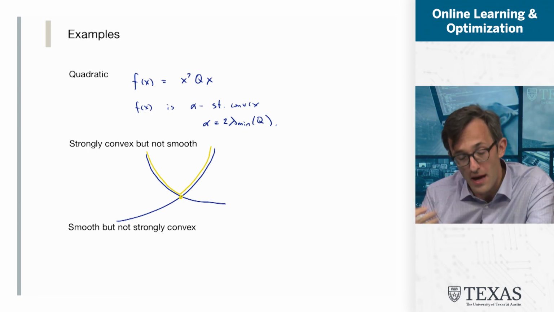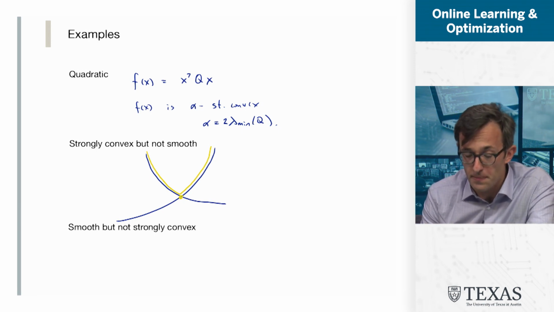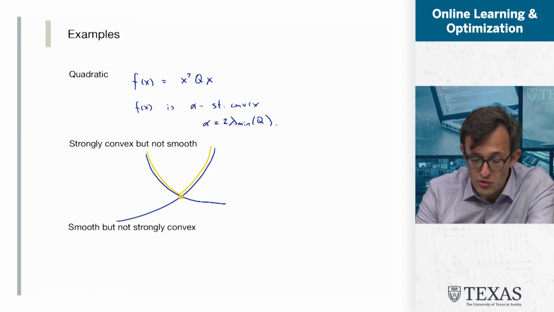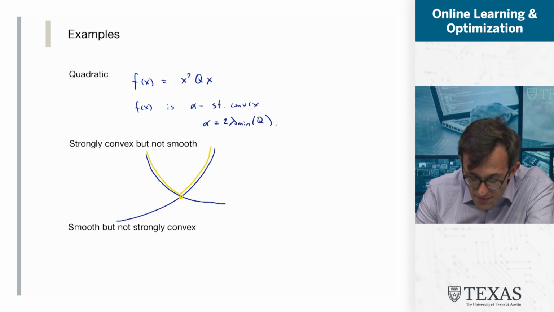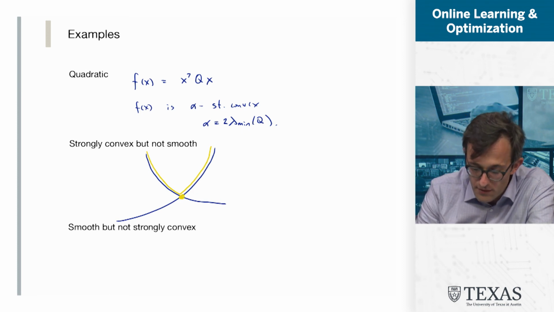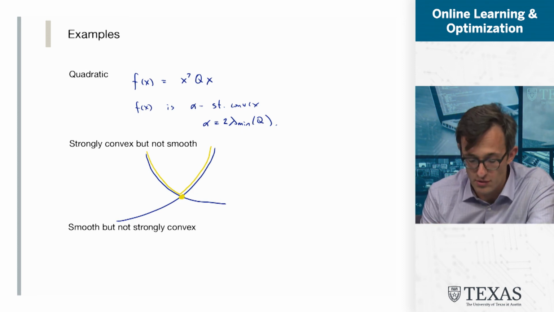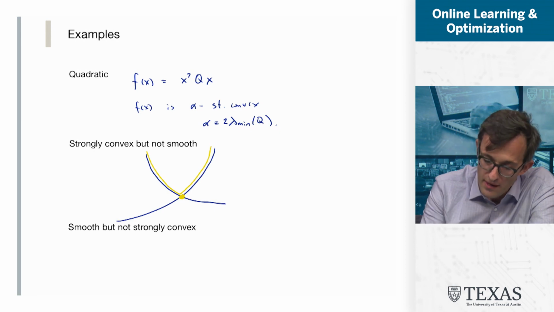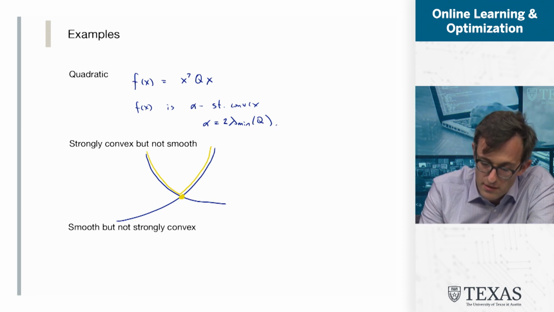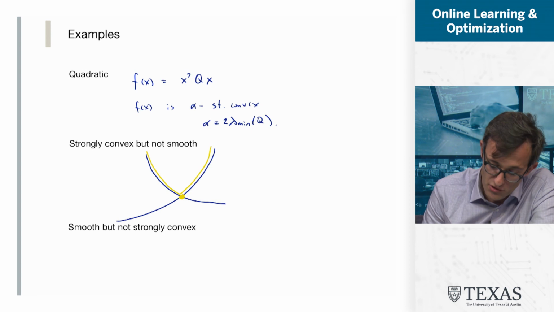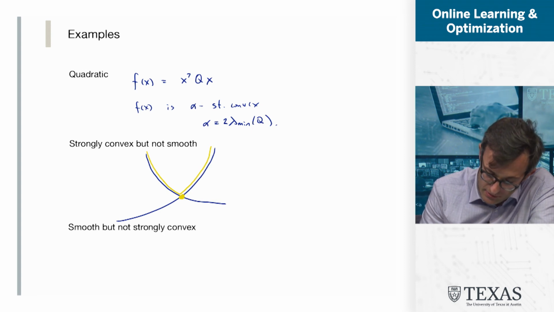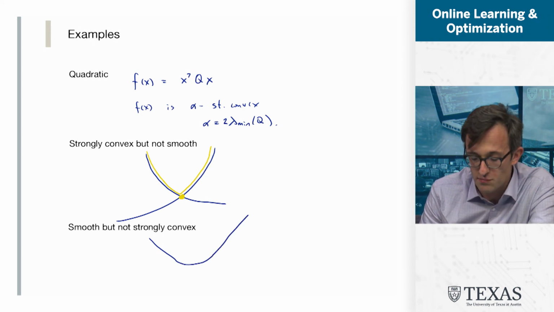You can check it with the algebra, or you can just verify that you can fit a quadratic that underestimates at every point, but at this point here you cannot fit a quadratic on top, so it's not smooth. And we can also be smooth but not strongly convex. In particular, if you're flat, and then you curve up, and you're flat again,